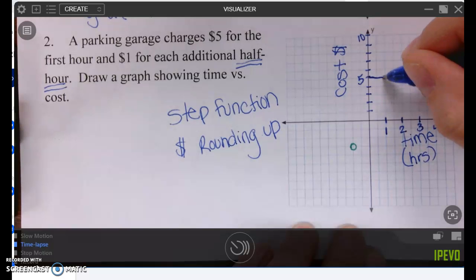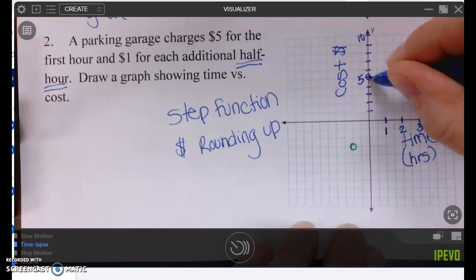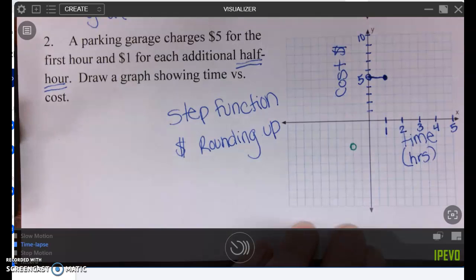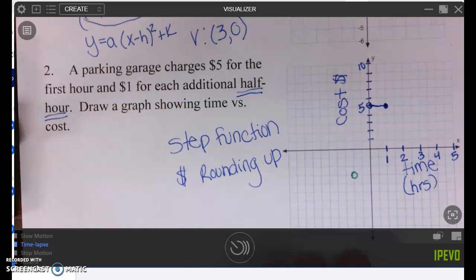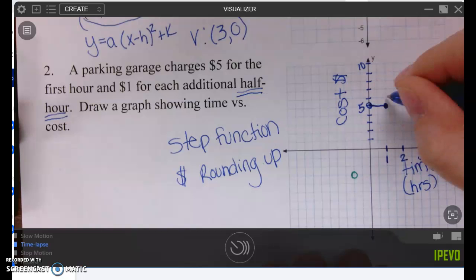And if you're in there for 1 hour or less, so we're going to do an open circle at 0 and a closed circle at 1. If you're in there for 1 hour or less, it's only $5. But if you're in there for 1 hour and 1 minute, which happened to me at the airport one time, you jump up to $6. And so this is the jump. You have an open circle